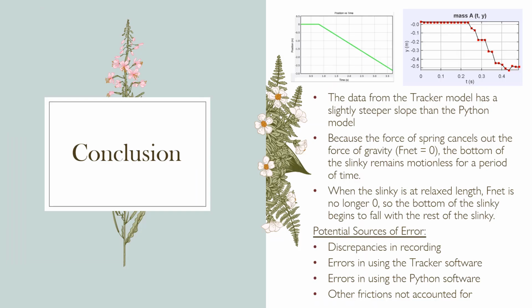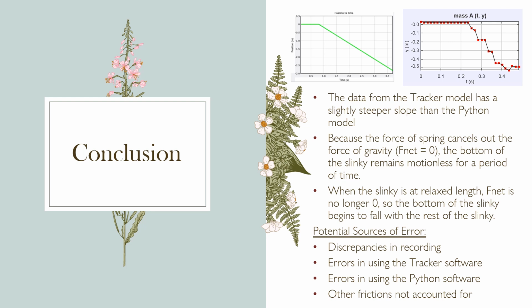In conclusion, both of the models above and the graphs have a strong resemblance. The data from the Tracker model has a slightly steeper slope than the Python model, but they overall show the same thing. Because the force of the spring cancels out the force of gravity, which means F net equals 0, the bottom of the Slinky remains motionless for a period of time, and that was in our data around 2.5 seconds. When the Slinky is at relaxed length, meaning the top and the bottom are together,